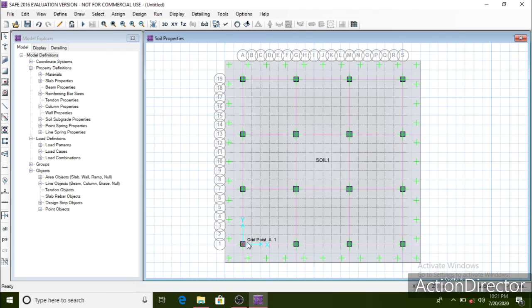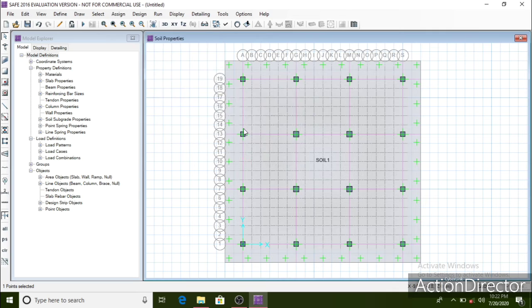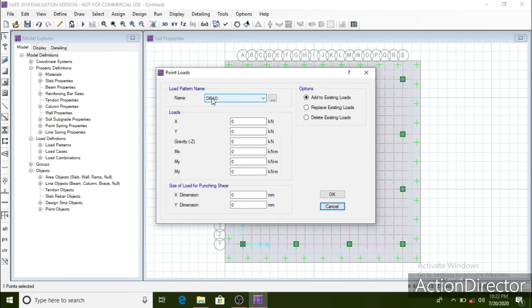So click on the exact center point of this column number 1, that's grid point A1. Confirm your selection, 1 point selected. Then go to assign, click on load data, point loads. So let's assign the dead load first.